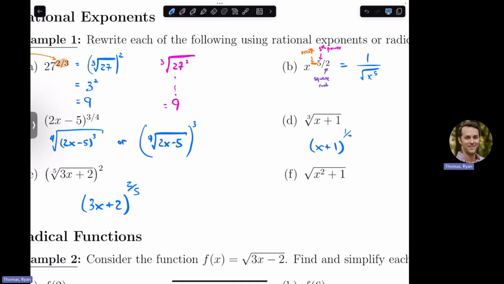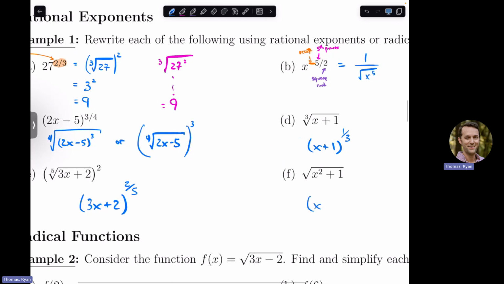X plus 1 to the 1/3, right? It's one copy of the cube root. So over 3, but just one of them, so 1/3. And then the last one, x squared plus 1 to the 1/2. Like if that was a 3, this would be a 3, but nothing else would change. Because the 1/2 is coming from the square root, right? The square root of anything